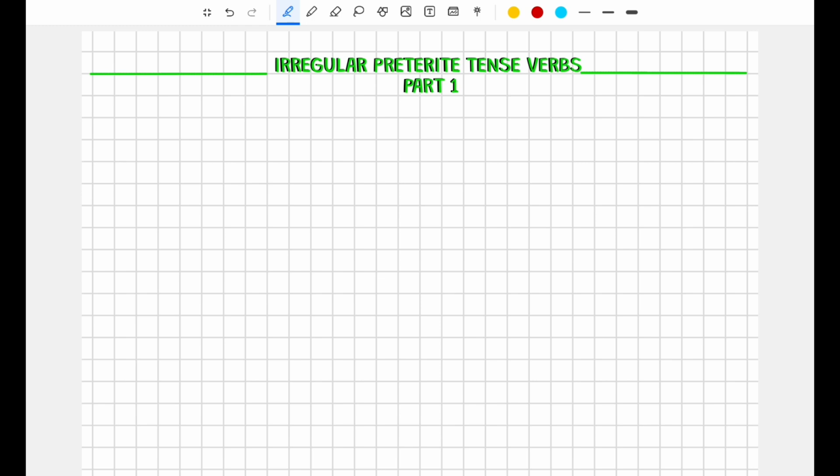You could look at a verb and see, oh, it's an AR verb, so this is the conjugation chart I'm going to use. In irregular preterite tense verbs, though, we kind of combine both of the preterite tense charts, and